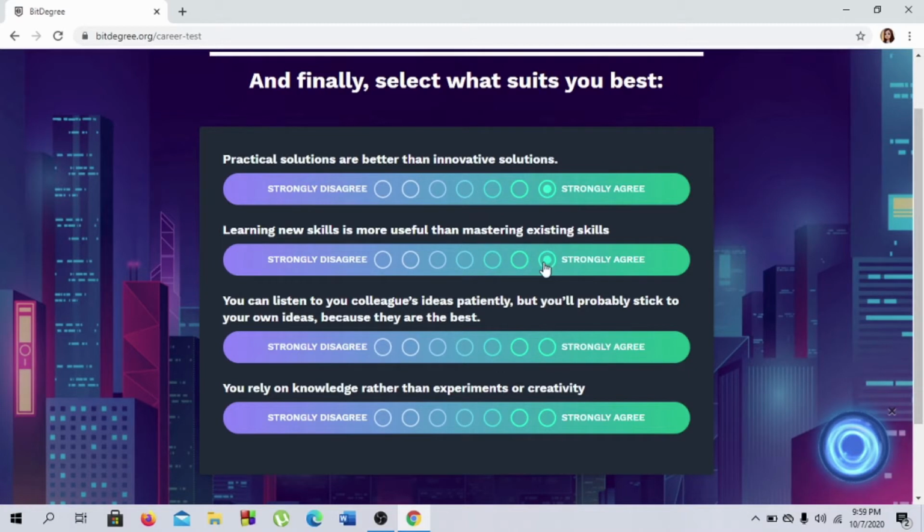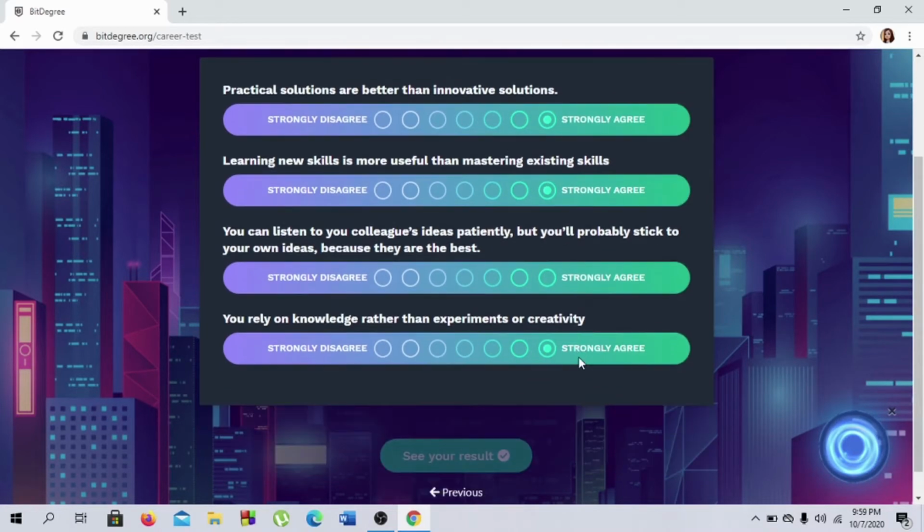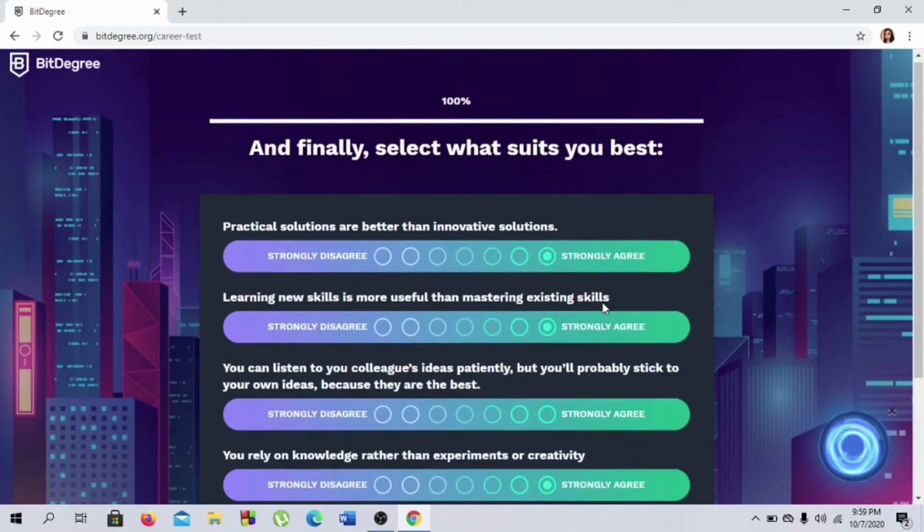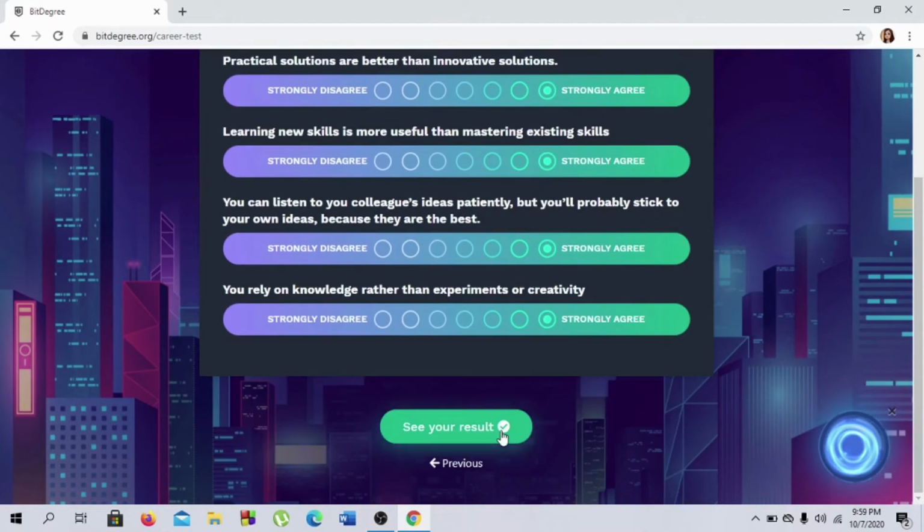Here we will click strongly agree. Actually I read them first, so I don't need to read them. If you want to read them, you can. I missed one, sorry. And just click on see your result.